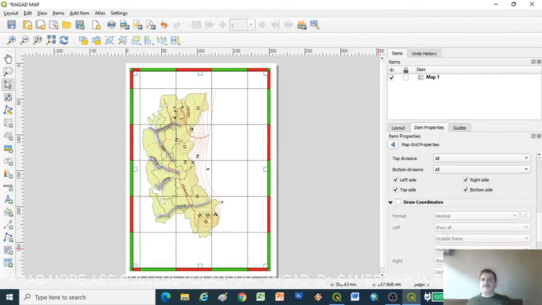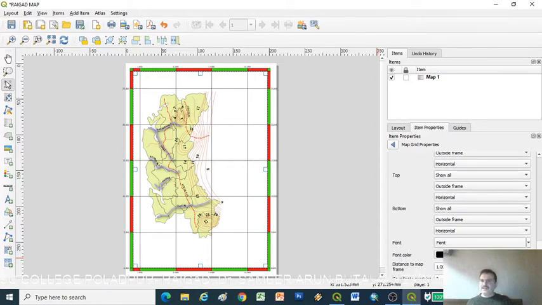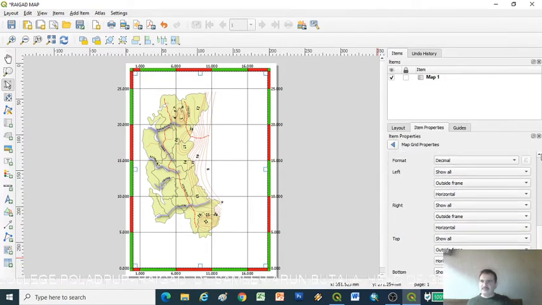Suppose we want to show our coordinates on a map, just click here, and we will find the coordinates come out. For which types of coordinates, just scroll down, here is a font, just click on font and increase the font size. So the coordinates font size is increased. Now keep the coordinate font size at minimum 15.